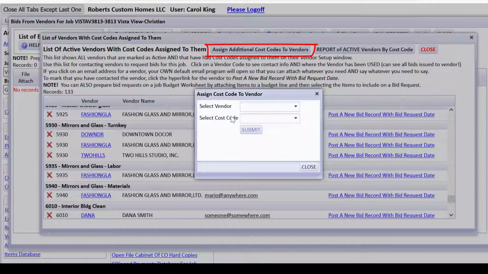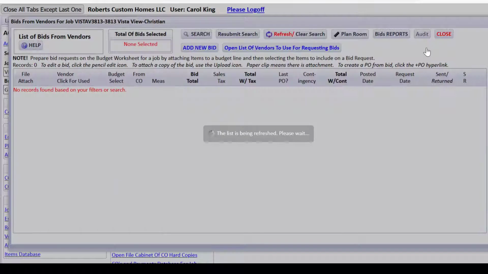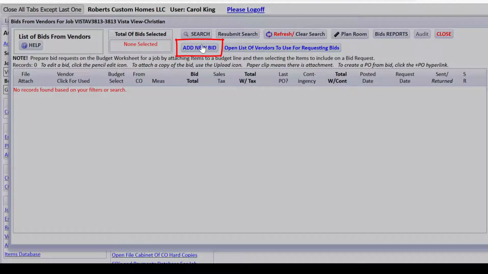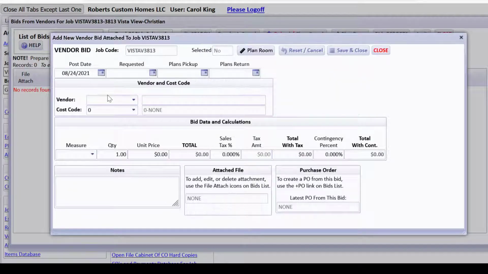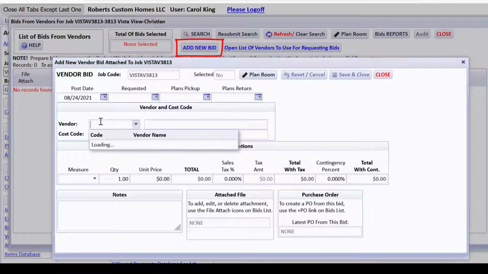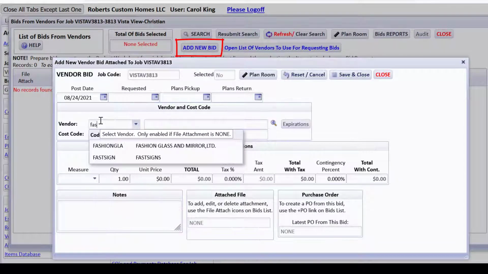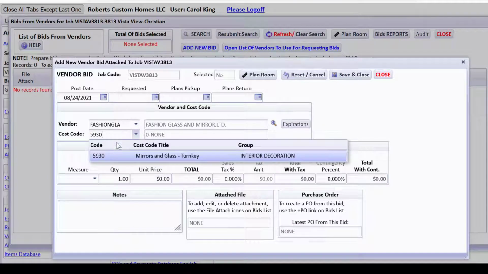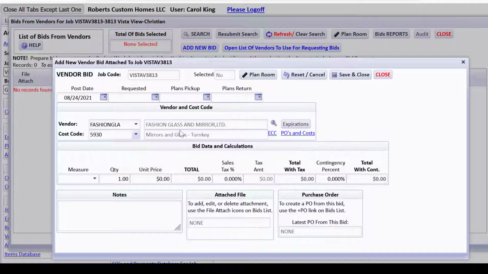Like if Two Hills Studio wasn't here, I could do that, submit it, and then it would show up here with the cost code 5930, just to let you know that. If I close this, what I can do from here, if I don't have a budget, is what I did a little bit earlier when I started this: I clicked the Add New Bid back here, and I'm going to select a vendor, Fashion Glass, because that's what we're talking about, and I'm going to select that 5930, Mirrors and Glass Turnkey, and it says post date, this date,